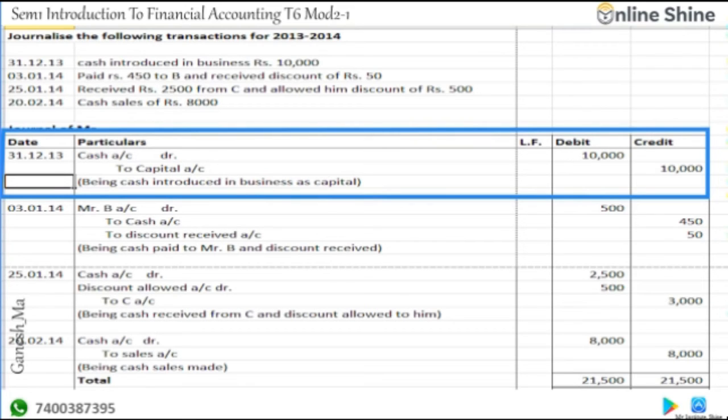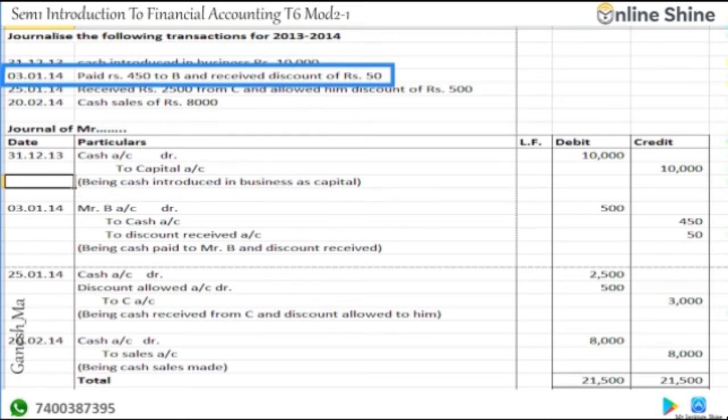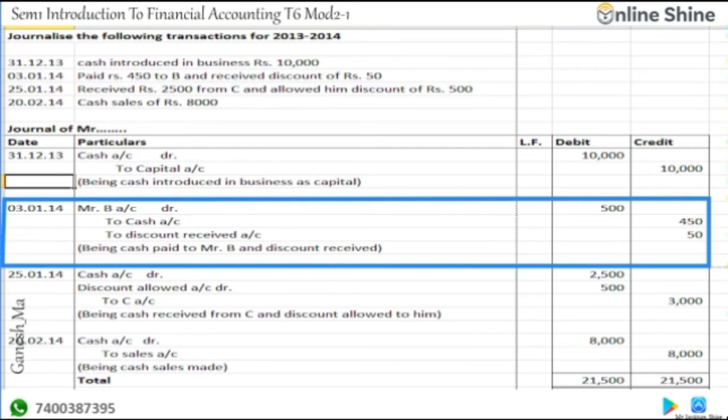See, the next entry is on 3rd January. Paid rupees 450 to Mr. B and received a discount of rupees 50. Here we have paid cash of rupees 450, and while paying that 450 I have received a discount of rupees 50. Now to whom have I paid the cash? Mr. B. Mr. B is the receiver. So Mr. B account debit, in debit I will mention 500 rupees. Second, I have paid cash,